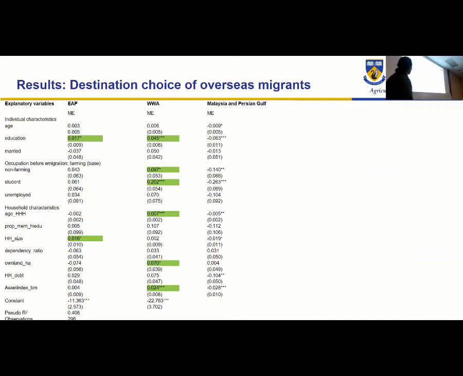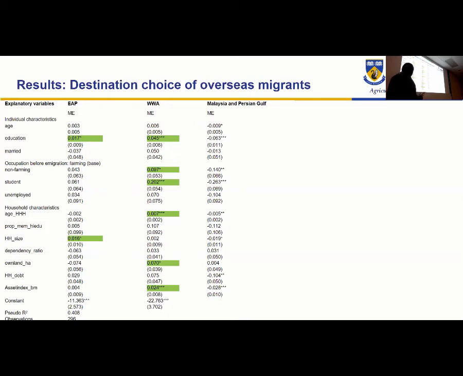So now let's go to the destination choice model. And in this destination choice of overseas migrants, what we can see is this EAP is East Asia and the Pacific country, WWA is wealthy Western Asian countries, and Malaysia and Persian Gulf is the base category. So from this result, what we can see is those individuals who have higher education, or those who were engaged in study, or those who were students before emigration, and